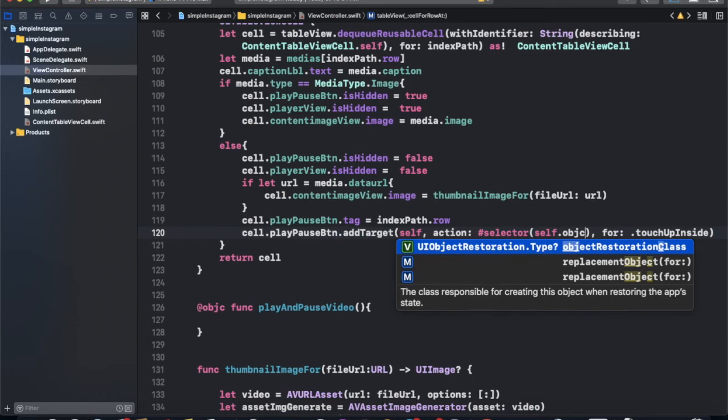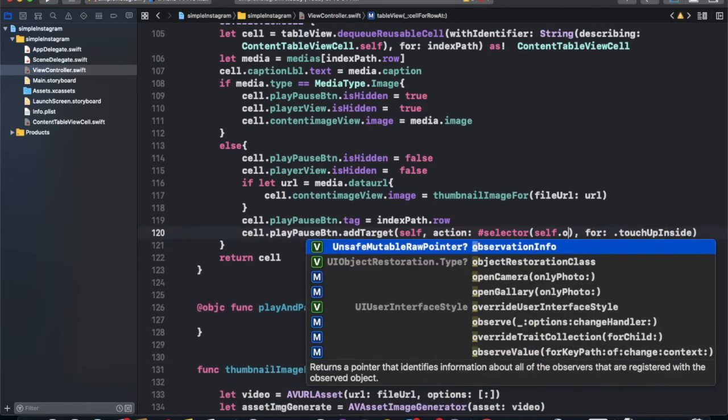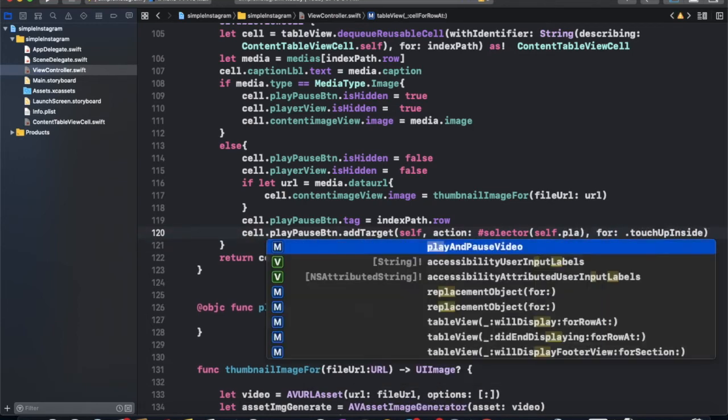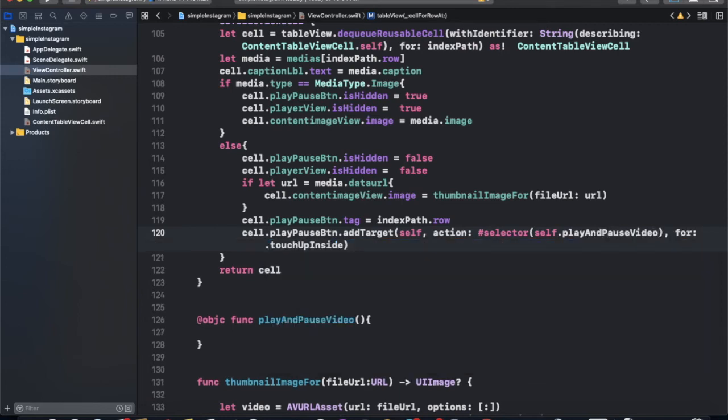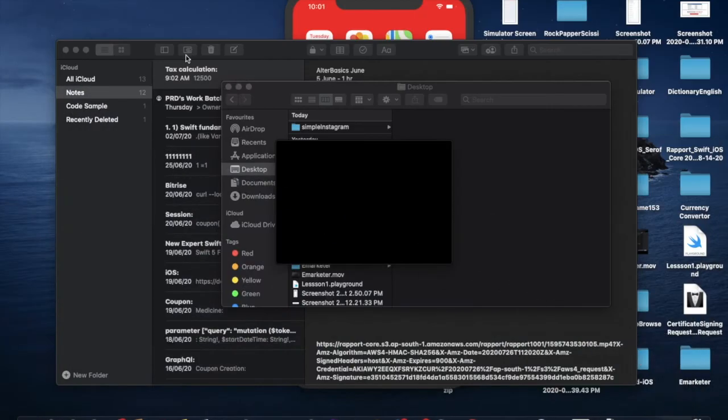so like there are lots of ways to make a player. You can make a single player and reuse it again and again, or you can make a player every time. But if you make a player every time, then it will be very heavy for your app. So we are just creating a single player and using it from time to time.